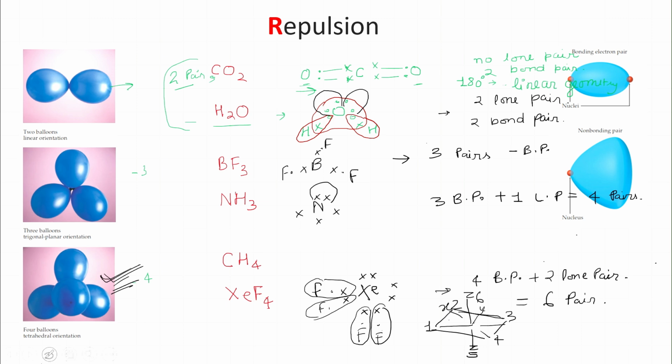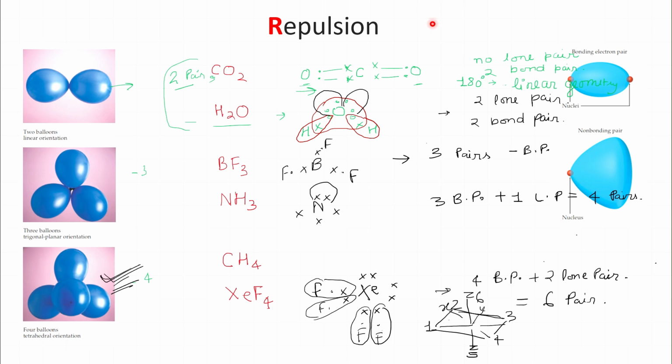You see this shape right here. These two are nuclei, and this is the shape of a bonding electron pair, and this is the shape of a non-bonding pair. This is kind of fat and squeezed one way. So whenever we have a non-bonding pair, it needs a lot of space to fit in somewhere. So if all the places are not identical, in that case we will put it somewhere so it has the maximum separation from the other pairs.